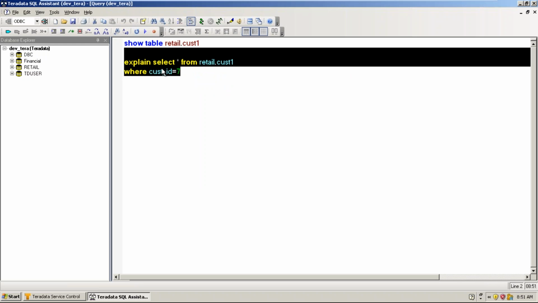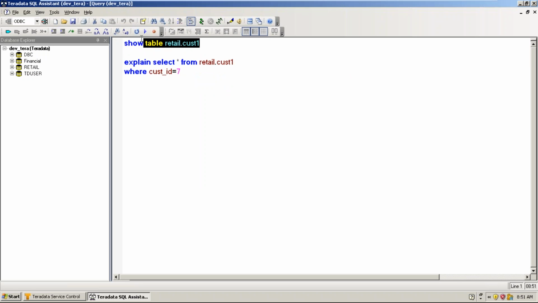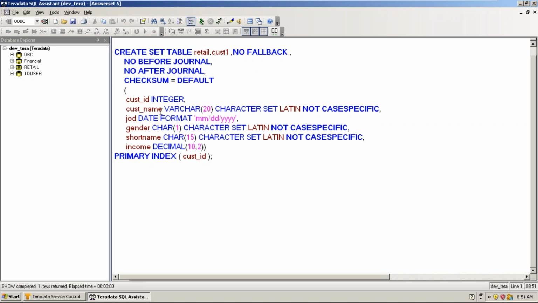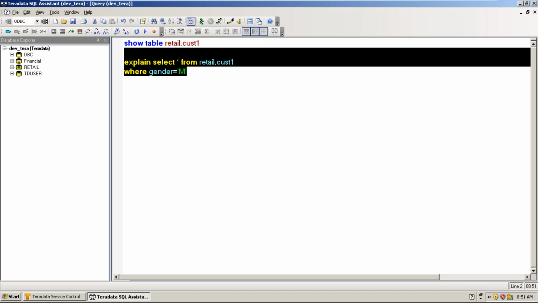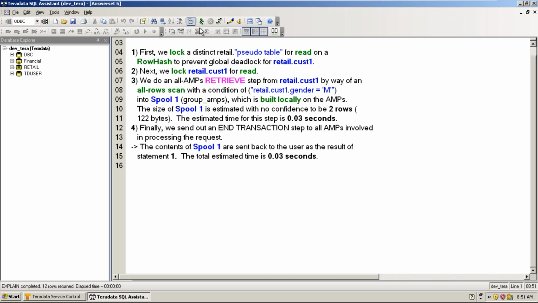Okay. Suppose I use a non-index column, let's suppose I'm using gender, where gender equals either male or female. See, now it is an all-AMP operation because the hash values of gender are not determined during the insertion. So the hash algorithm or the optimizer won't know in which AMP these particular rows exist.